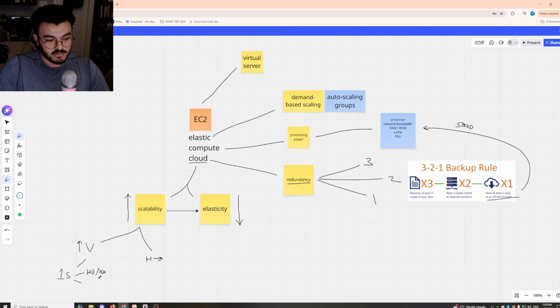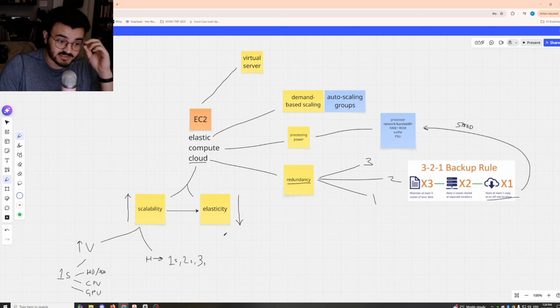Or you can add more compute resources. You could upgrade the processor, or nowadays, since Bitcoin mining is cool, you can add more GPUs. Whereas horizontal scaling is okay, you have one server, you can get another server, you can get another server.